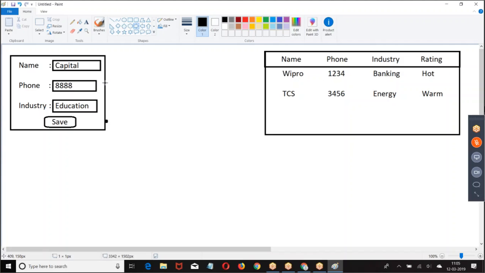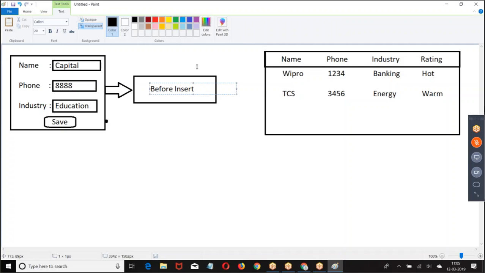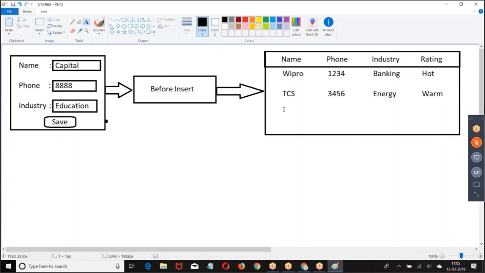When I click on save, what will happen? Before insert trigger will run. Data will save. I made some changes in the before insert.